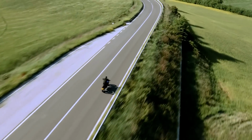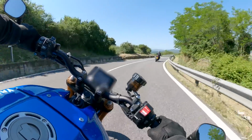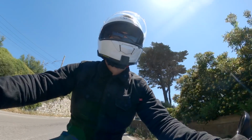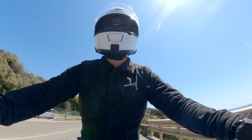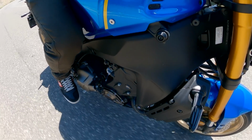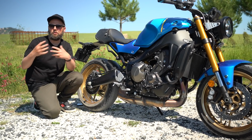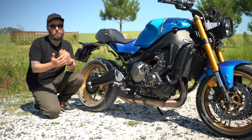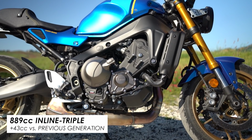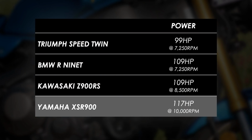After a good day's riding on some incredible Tuscan roads, I had a decent idea of where this bike excels versus the competition and a couple of areas that might be improved. So let's start with the good stuff, and the main one for me is the awesome inline triple CP3 engine. They've updated it for this model and the MT09 to meet Euro 5 emissions regulations, but they also added 4 horsepower more, and that takes the peak up to nearly 120 horses, so that makes it easily the most powerful